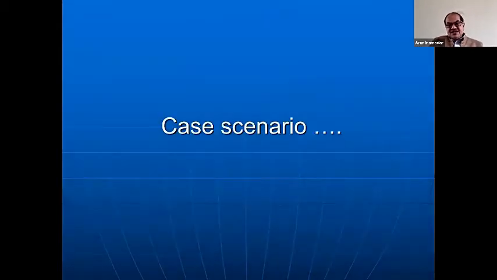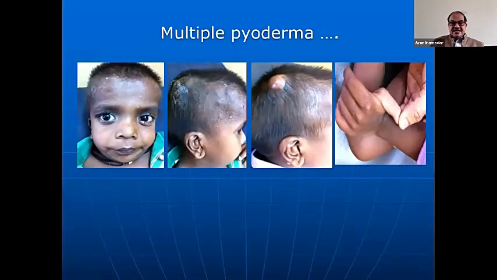Then another case scenario by which we will be learning some more clinical clues is, in fact, a child which I used to see for infection. First time came, I just gave some treatment, antibiotic. Again came another after 1 month. After 1 month, again the child came. Every time somehow I used to take some pictures also. The child had multiple pyoderma, but interestingly, I thought, okay, I may be missing something.